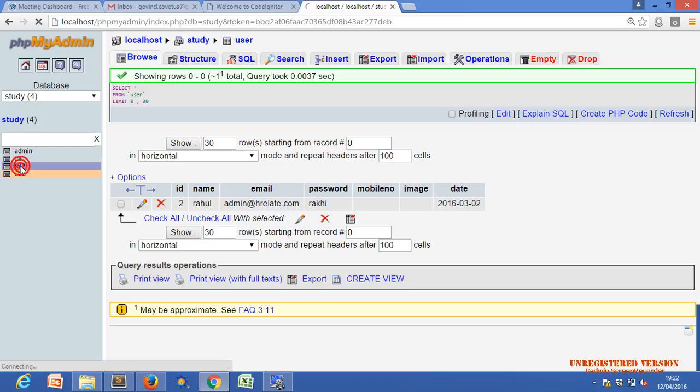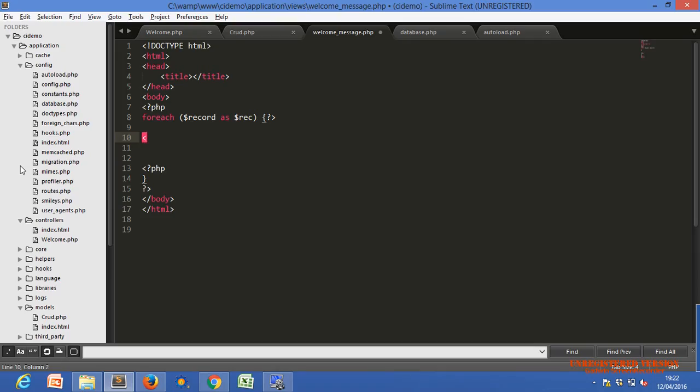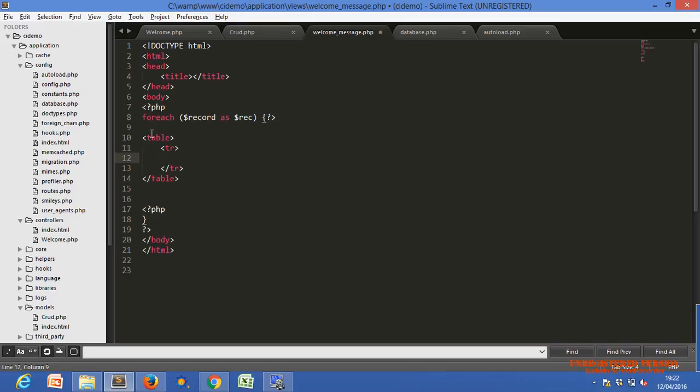Within TBL2, let's see the column names: email and password. So create an HTML table, tr, and td. Did you remember tr and td?